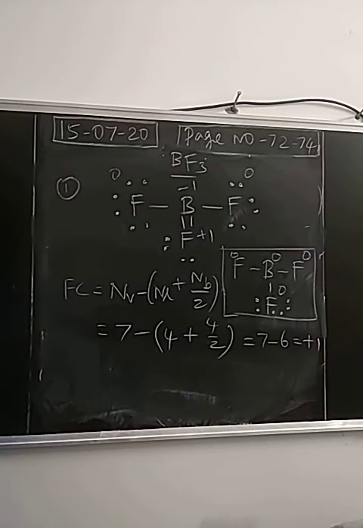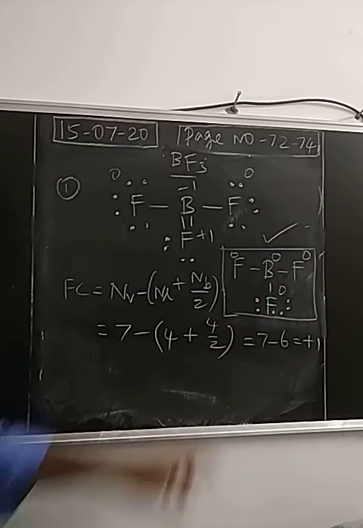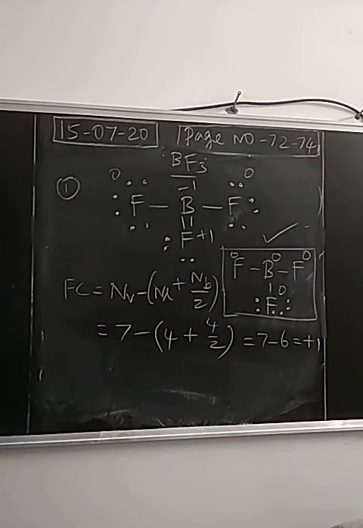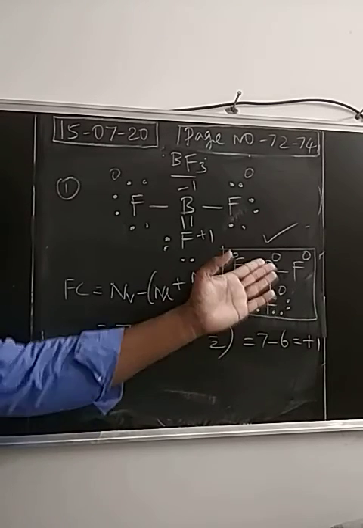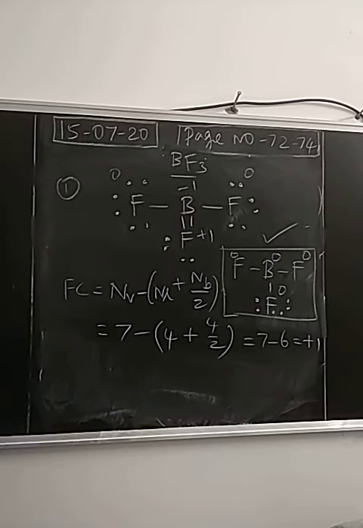So which is the correct structure? This is the correct structure. But this is not obeying the octet rule, right? When we write boron trifluoride like this, all 3 fluorine atoms obey the octet rule, but the central atom is electron deficient in nature. It needs 2 more electrons to be stabilized. To stabilize, if you move electrons, the formal charge value indicates this is not a preferable structure, right?